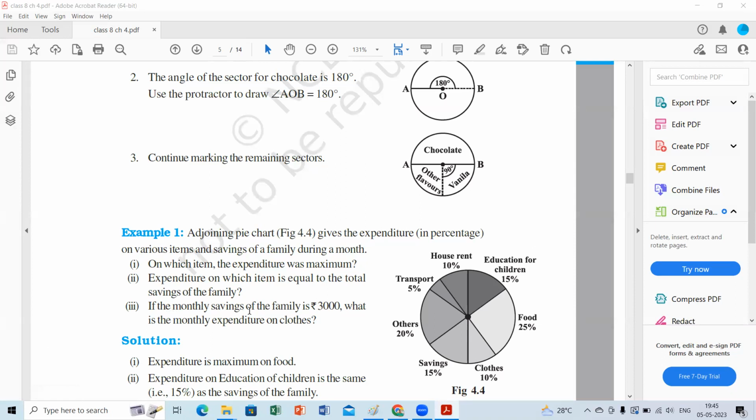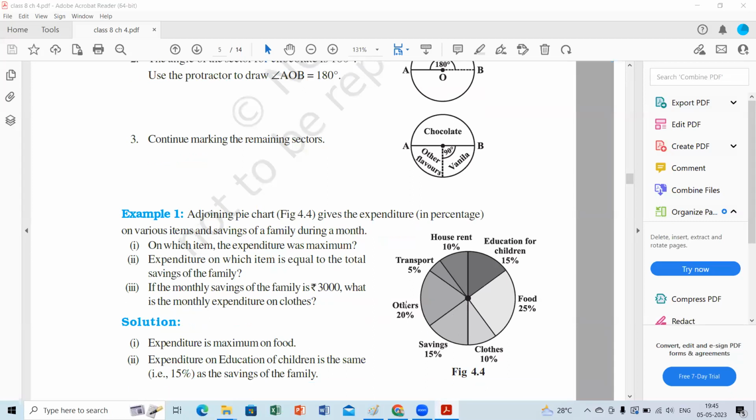Question number 3: the monthly savings of the family is 3,000. Suppose savings is nothing but 3,000. What is the monthly expenditure on clothes? So here it's very simple, children. Monthly savings is given as 15%. 15% should be equal to 3,000. What is the monthly expenditure? Expenditure is